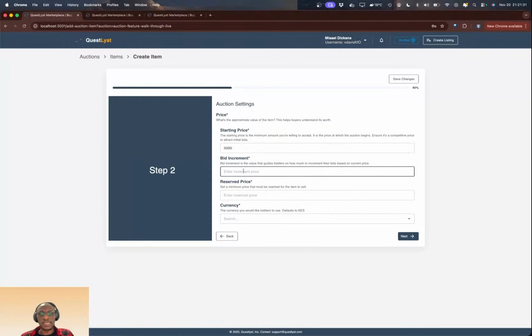based on what you set here as an increment. So bid increment is how much you want the auction to increment by. So for example, 5,000 as the starting price, and then we want it to increment by $100 until it reaches a point where we have a winner for that